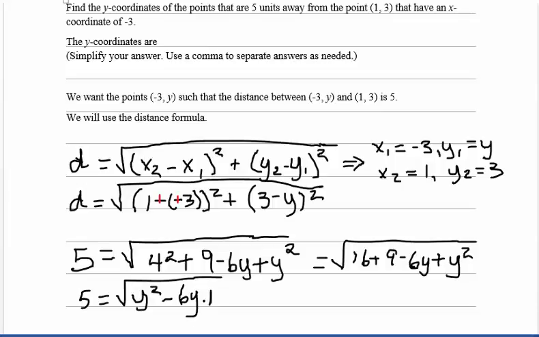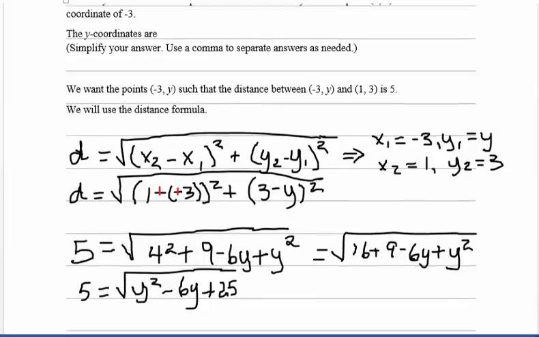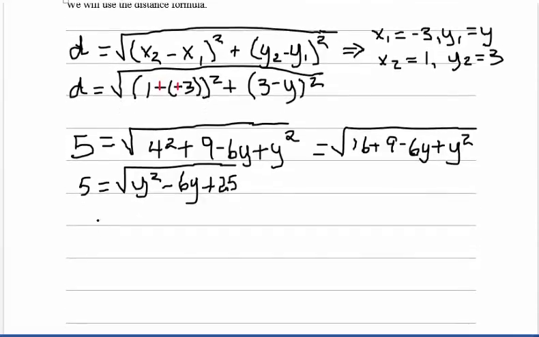And then I'm going to change the order. I'm going to put the y squared first, the minus 6y second, and the 16 plus 9, which equals 25, last. And in order to solve this equation, I'm going to square both sides